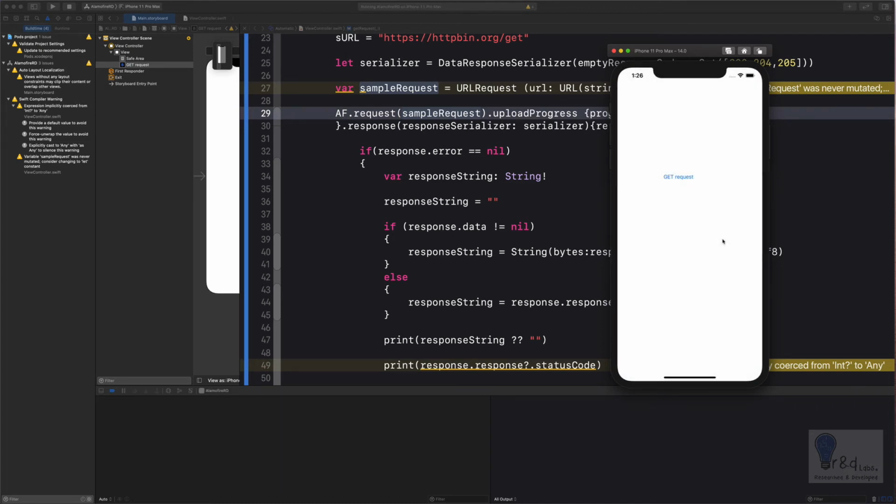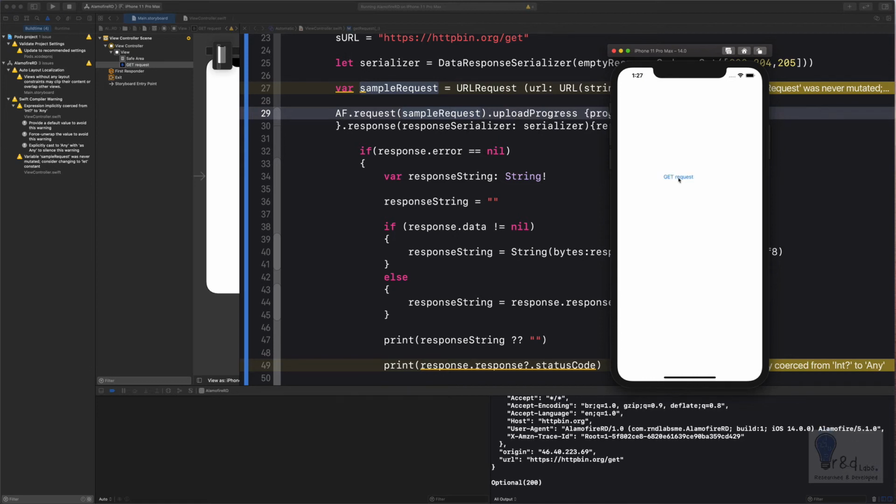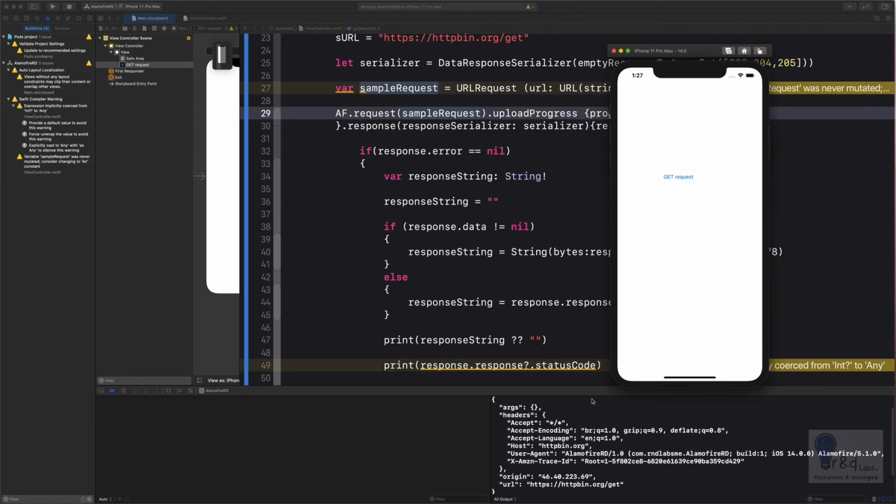All right, so the application is plugged in. So let's click the get request button and let's see what we have here. Let's click that, and there you go. So what we have done here is we have clicked the action, that is the button that we had created